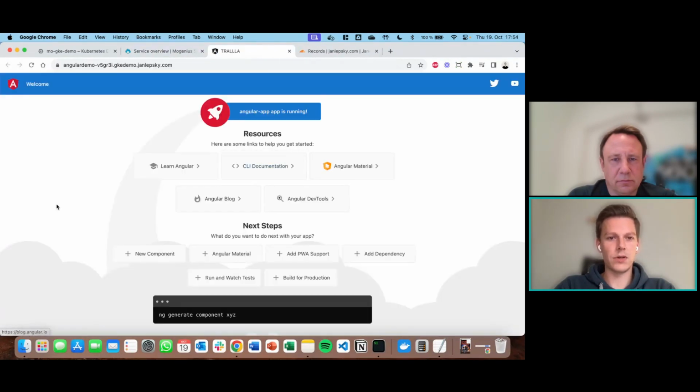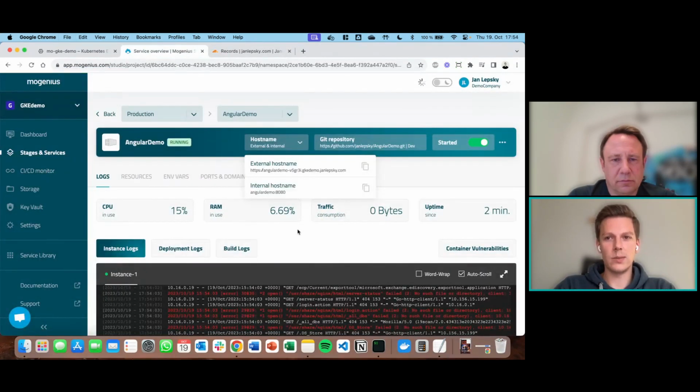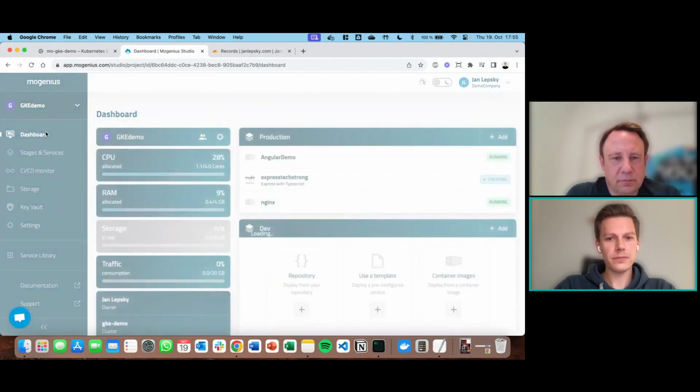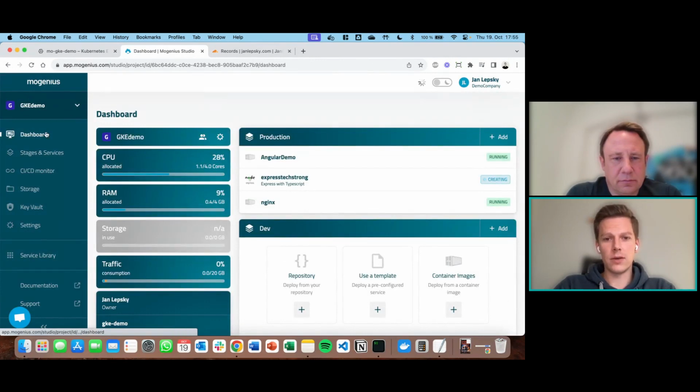There it is. So here's our Angular app. We also got the certificate now. And this is how we deployed the repository right from GitHub. Now, in another last minute, let's cover one more thing. We have ephemeral containers running on the cluster right now. Everything is set up on the Kubernetes cluster.